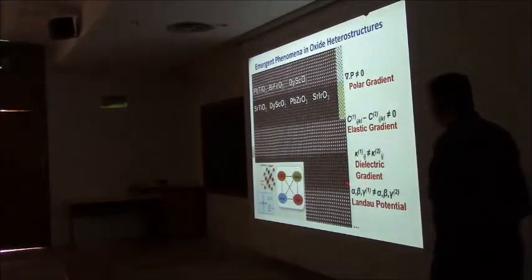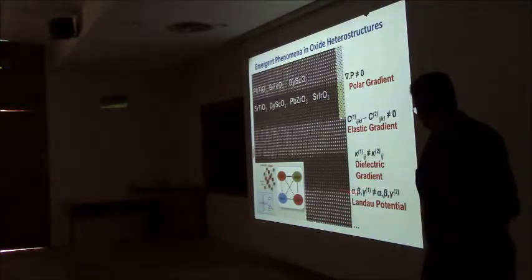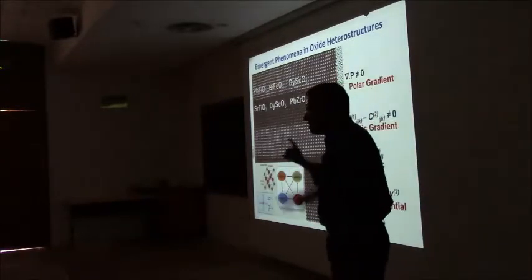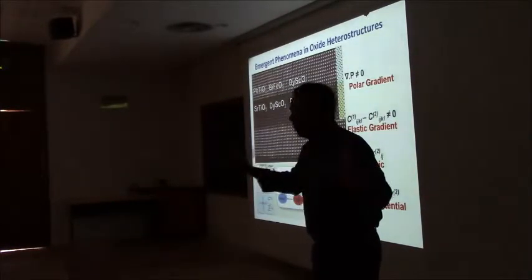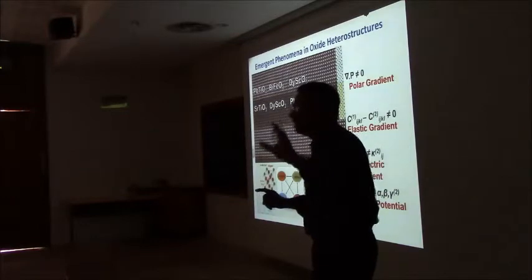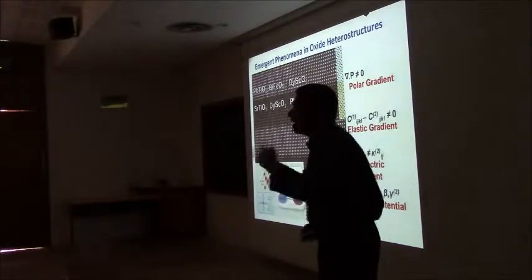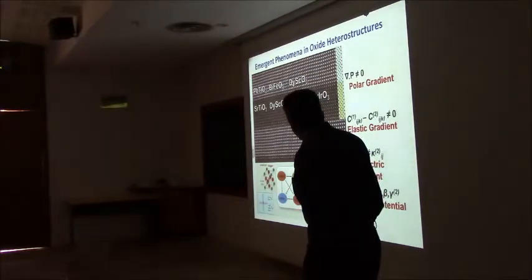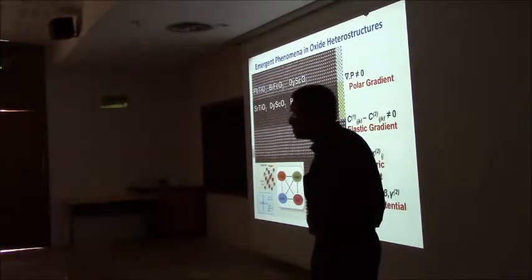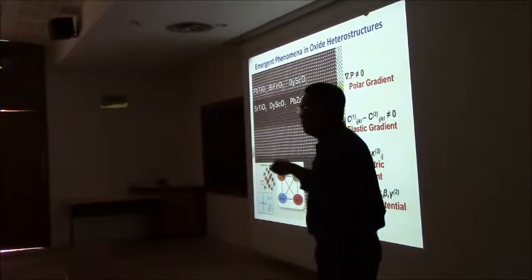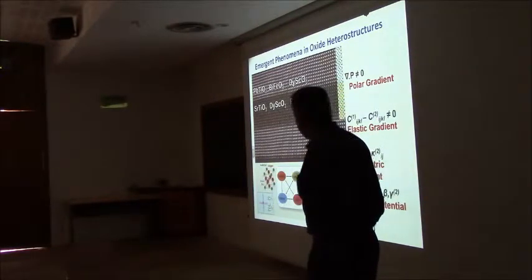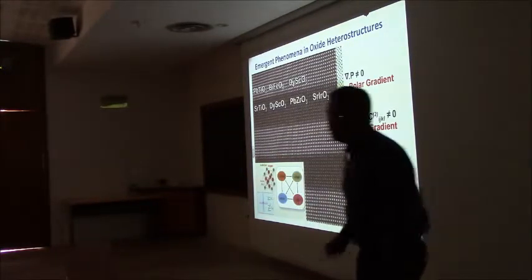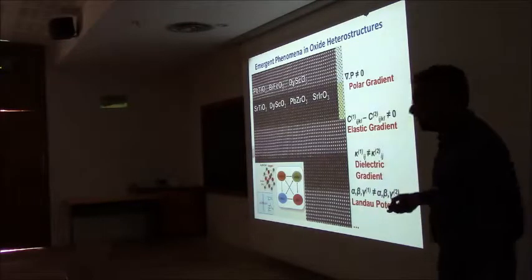In the same way, I can put dielectric gradients. I can change the Landau potential. Of course, this is directly impacting here. So I can do a lot of things. That is just within a material that's polar. Lead titanate, strontium titanate. Lead titanate, barium titanate. Now I can introduce other degrees of freedom. I can go into the spin and the orbital degrees of freedom in other perovskites. And I can start to build up this structure. That's where we're going to end up. At the end of our discussion, we're going to say, what else can we do? Okay. So this gives you the framework for how to think about these kinds of things.